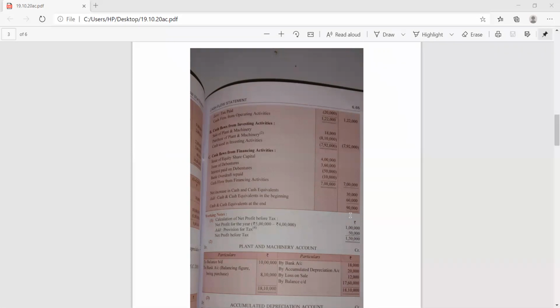In this way, a full-fledged question carries 3 or 4 adjustments, whether related to interest paid or others, and all this is given to us in the question paper. And you have to attempt this question like this. You have to prepare proper working notes, you have to prepare proper accounts, whether it is any asset account, accumulated depreciation account, provision for taxation account, proposed dividend account, any of the accounts, it is to be prepared. Now let's discuss